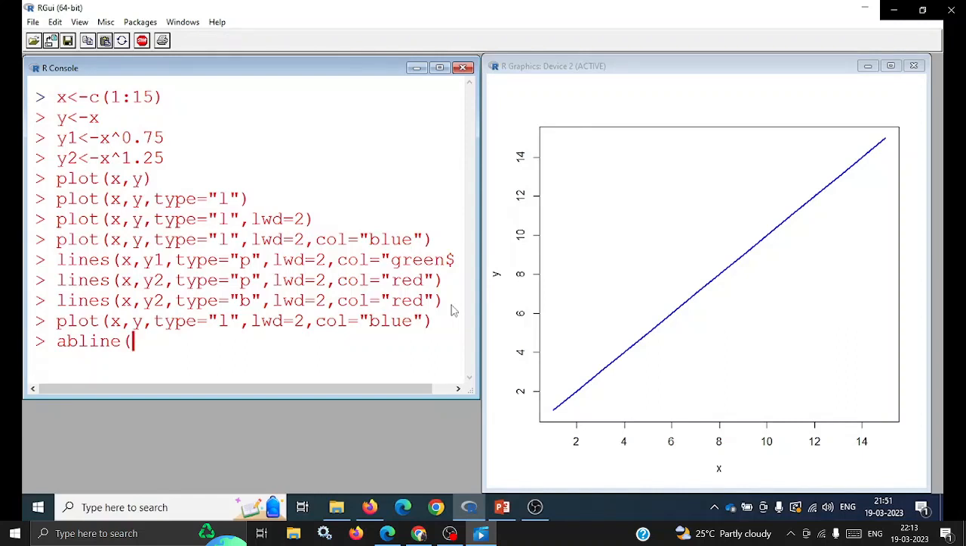Now y is equal to mx plus c, the slope and intercept. Here a is the intercept and b is the slope. Right now I'm using the intercept a as -2 and slope 1, and I am using different styles of lines. There are 6 styles. Let us see how the lines change with each style. lty equal to 1, and I will assign some color for clarity of understanding. The col is equal to